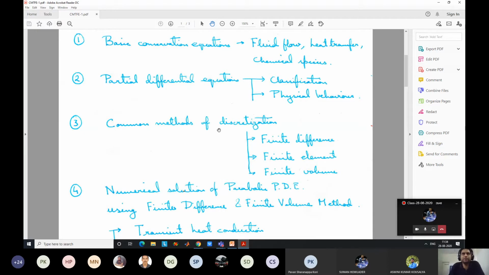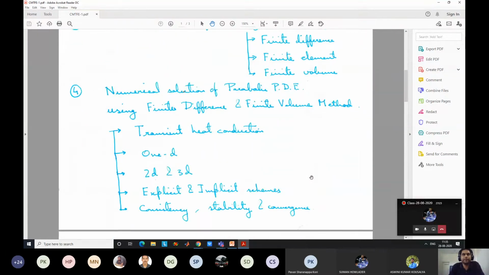Okay. So common methods of discretization, we will understand what is discretization later. If you don't understand, it is fine. Some of you might have had CFD already as an elective in BTech, so then already you know. So the most common methods which are used are finite difference and finite volume. In some cases, finite element methods are also used, or it is possible to use, but we will focus on finite difference and finite volume.